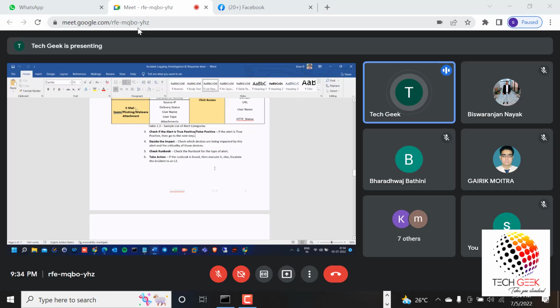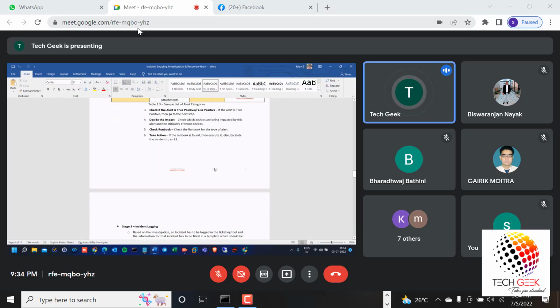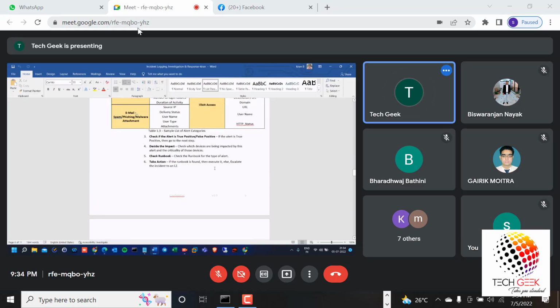Whatever actions are done by the L1 or L2 analyst, we need to prepare proper notes. In SIEM tools there will be a notes option, so we write there. If there is no notes option in the SIEM tool, we write in the ticketing tool. This is for the internal SOC team, so that if another person comes in a different shift, he knows what happened in the previous shifts.